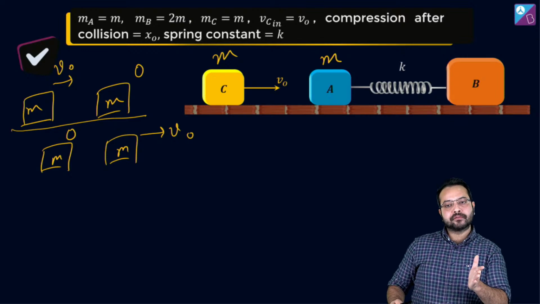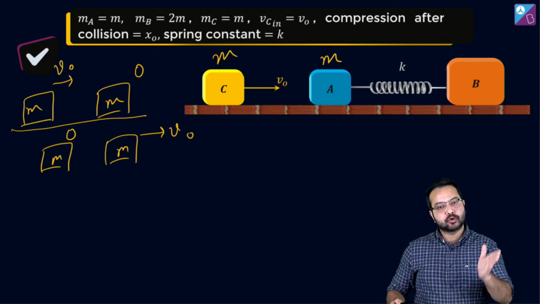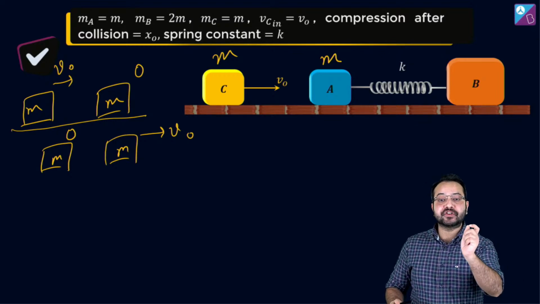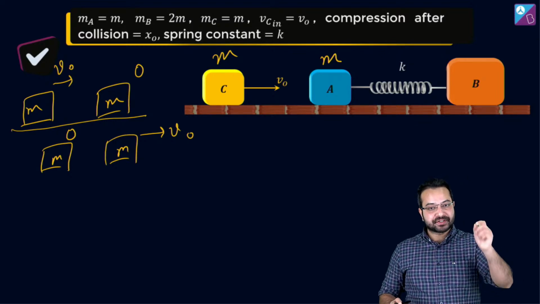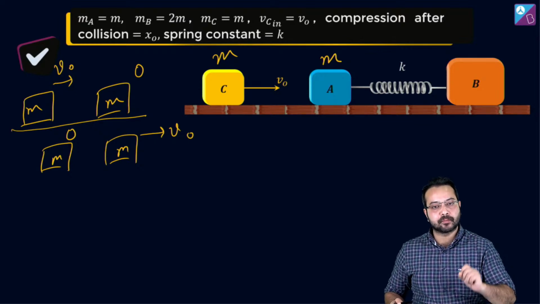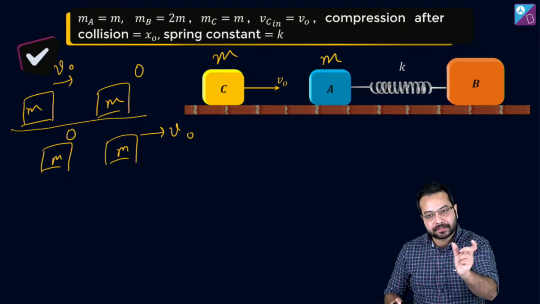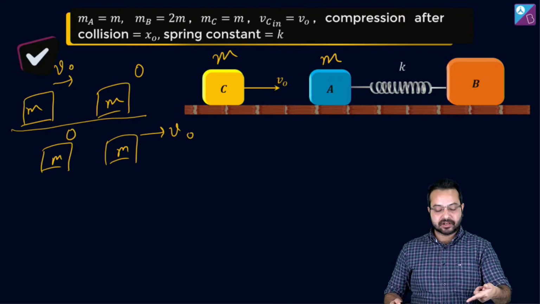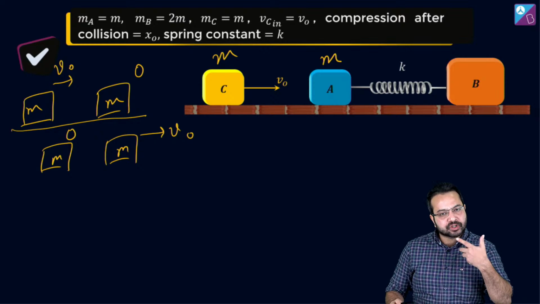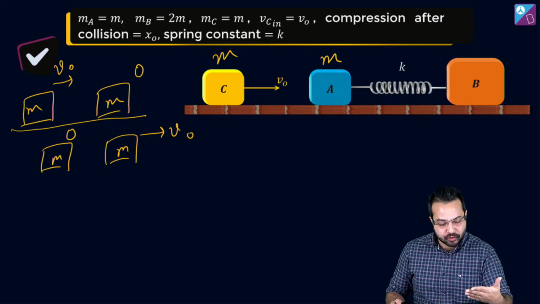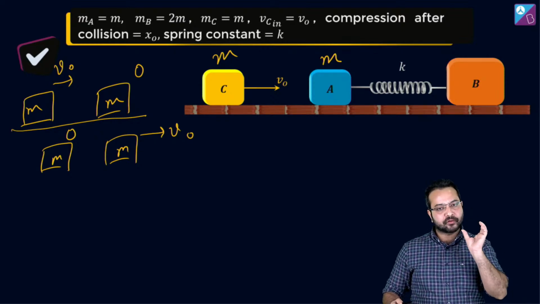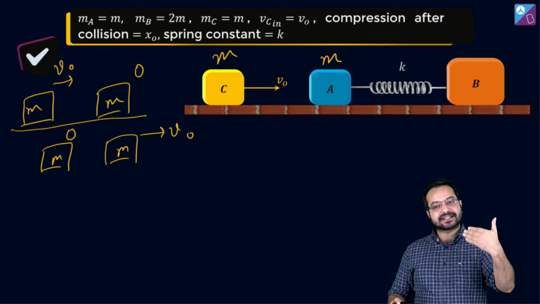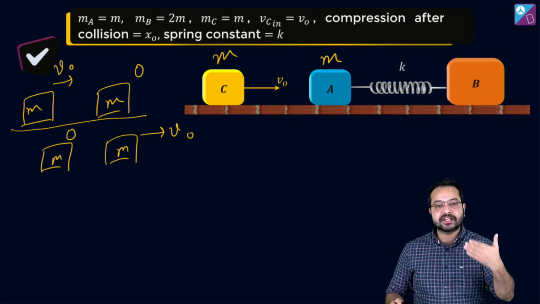So you can solve it. The method to solve any collision question is you conserve the linear momentum, and then you apply the equation for coefficient of restitution: velocity of separation upon velocity of approach is equal to e. But this is a special case which is going to come very, very frequently, so you should remember it. I'm saying it for the last time: you have two blocks of the same mass and there is elastic collision, then the velocity is going to get